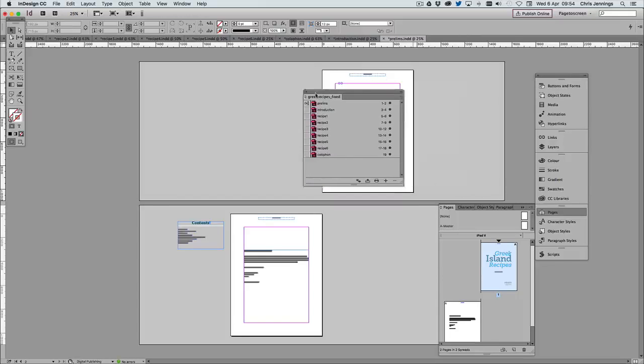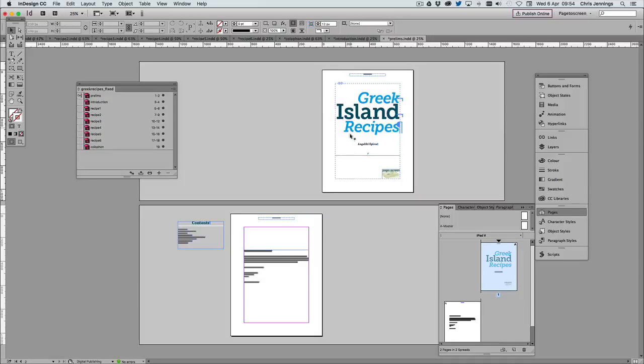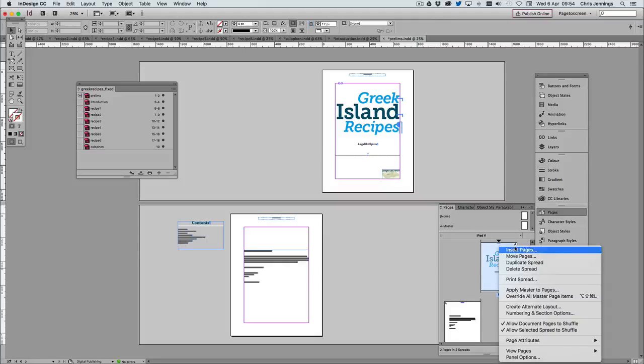Now I'll show you how this works. Currently this is not a spread, it's 2 single pages. So effectively, if this was a book, or this would be printing, this would be the facing page and the reverse of that facing page. But what we now need to do is to bring these pages together as one spread. So the way that we do this is we simply take this first page, you're looking at the Pages panel now, and we insert a page